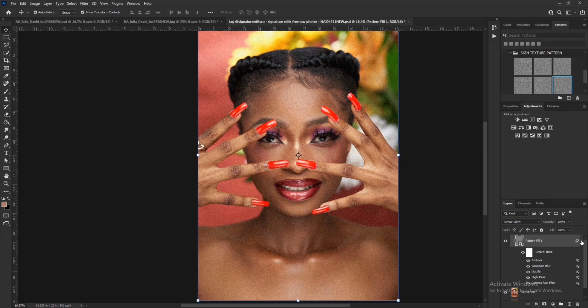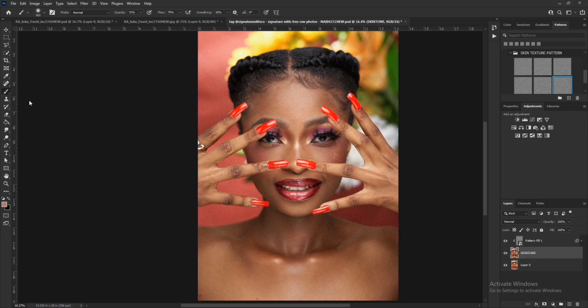Now let's go back to the skin tone layer which we opened at the beginning of this tutorial. So go to your mixer brush. Make sure this is the setting you are using for your mixer brush, and then start brushing on the skin tone layer to make the skin very, very smooth. Okay, and after brushing over the skin tone layer,